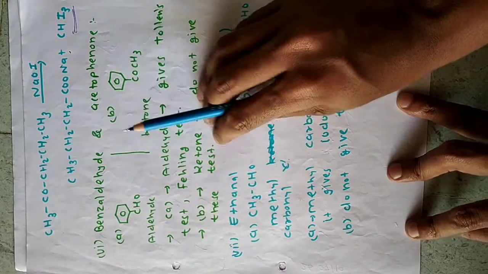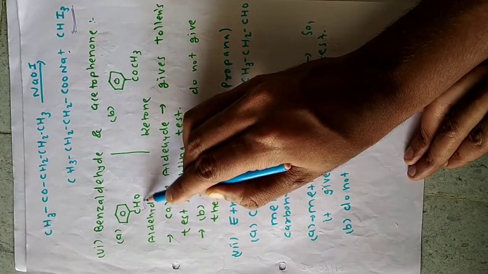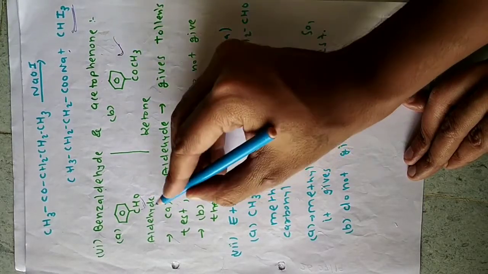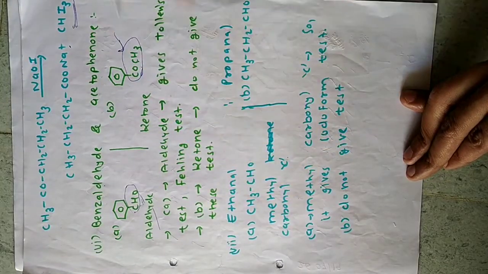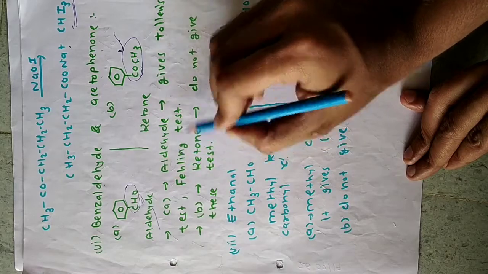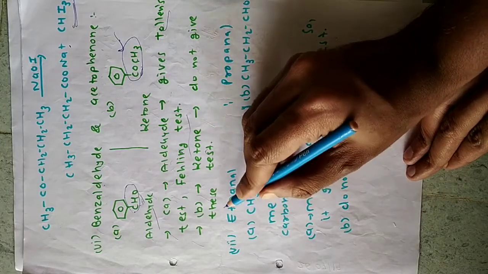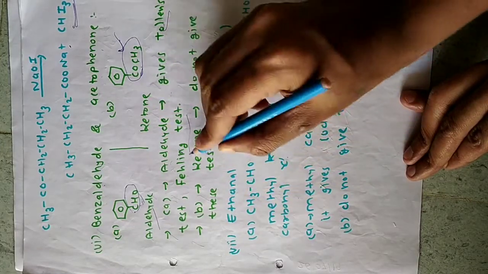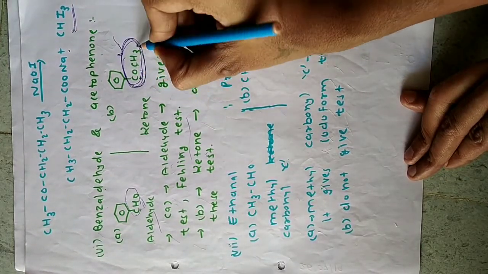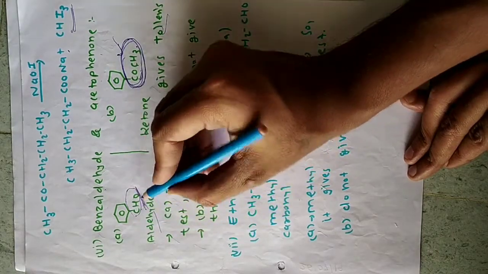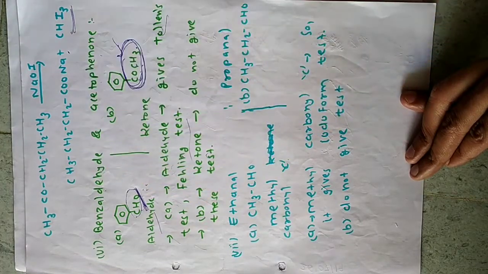The sixth pair that is given to us is benzaldehyde and acetophenone. Now you can see this one is benzaldehyde and this one is acetophenone. The functional group here is aldehyde, here the functional group is ketone. So we have learned that the first structure, that is aldehyde, gives the Tollens and Fehling tests. The second structure, that is ketone, does not give the Tollens and Fehling tests. In addition to that, you can write that this one is a methyl ketone and this one is only an aldehyde, so it will give the iodoform test, whereas this one will not give the iodoform test. You can write that also.